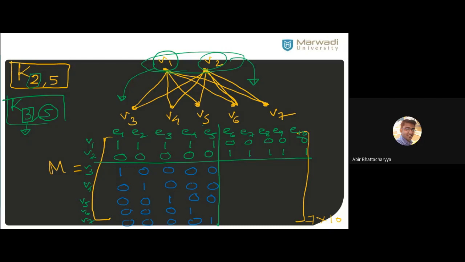Okay, what is the order of the identity matrix? 5 cross 5. Why 5 cross 5? Because 5 vertices are there in the second partition. So that's why it's a 5 cross 5 matrix. Similarly, on the other side, it should also be a 5 cross 5 identity matrix. As simple as that. Don't need to think much. If you follow this rule, you can easily construct